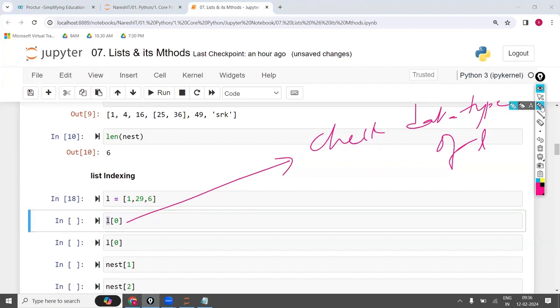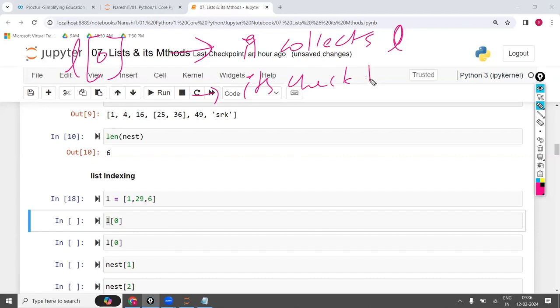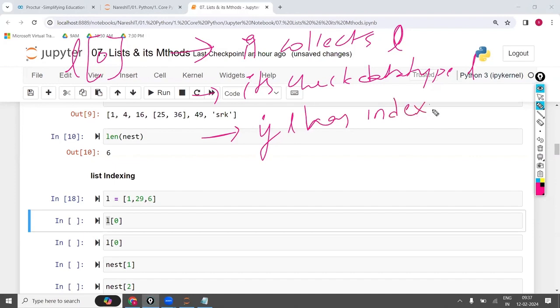When I ask the question like this, first step number 1, it collects L. After collecting L, second step, it checks the data type of L. If L has indexing, then it is applicable.